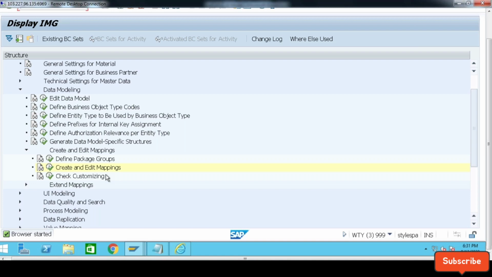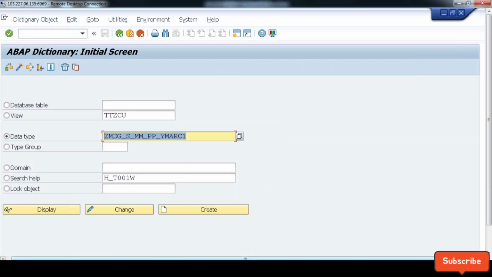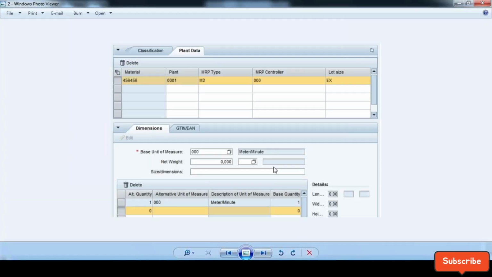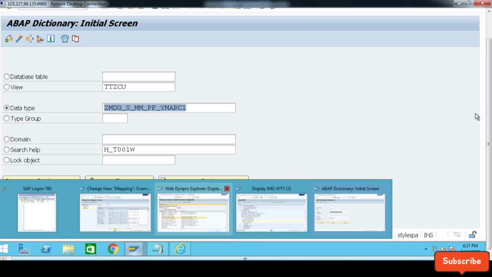Once this is done, the next thing you need to do is come to the UI part. So now go back to this screen. There are two things we have to understand. First, I need to create this table structure. And the second thing is I need to add this table structure to the main screen of material. So there are two tasks we need to carry out. So the first thing I need to do is